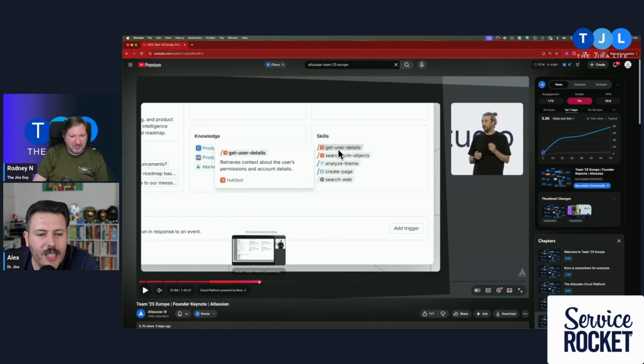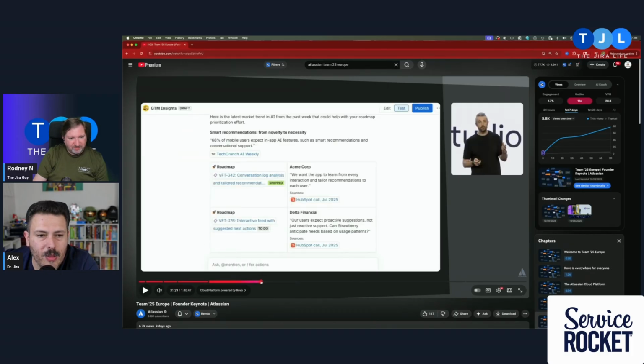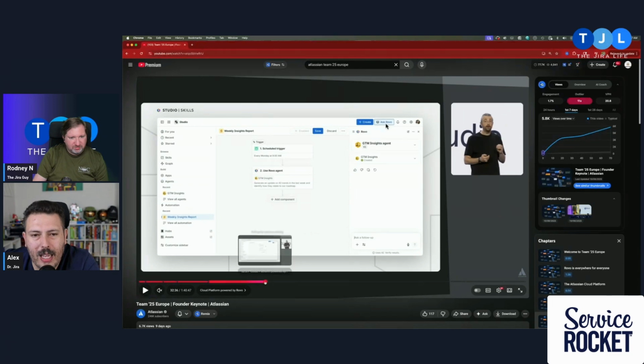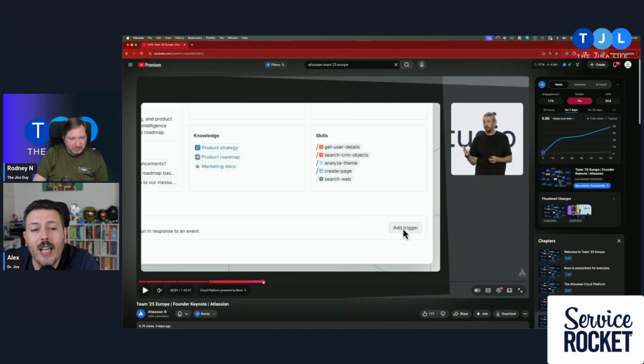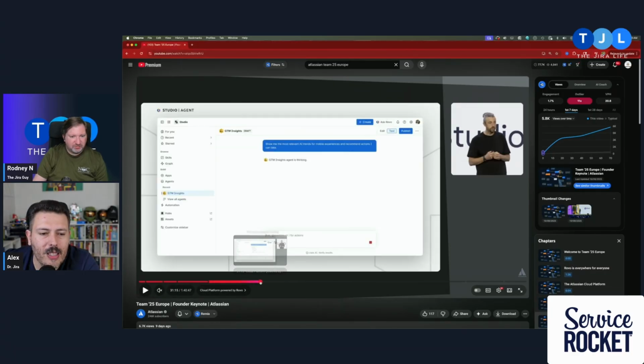As you can see, what I'm showing on the screen here is an agent that we have. The agent itself will have a skills section that basically enables the agent to do something. Again, it's going to be interesting to see how much power Atlassian actually gives us. But assuming that we can make a skill for